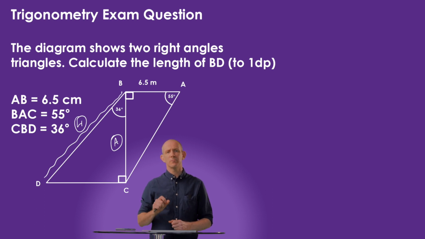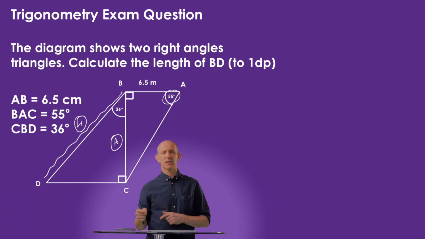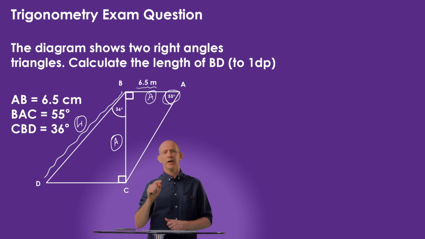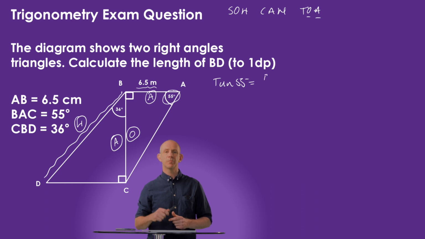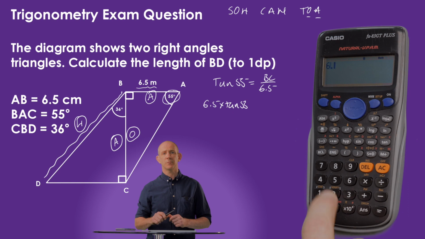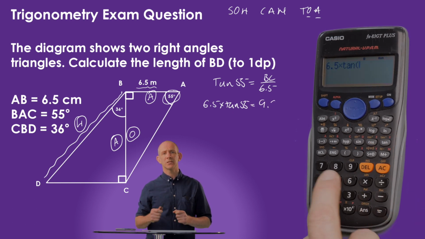To find that, I can use the measurements in the other triangle, as we have an angle and one of the sides of this right angle triangle. The 6.5 meters is the adjacent, and I'll label that as A, and BC is the opposite in this triangle, and I'll label it as O. As we're trying to calculate the opposite side in the smaller triangle and we have the adjacent, we'll use tangent or tan. And we'll substitute in the values to write it as tan 55 equals BC over 6.5. We can then multiply both sides by 6.5 to get 6.5 times tan 55, which we can put into the calculator and get